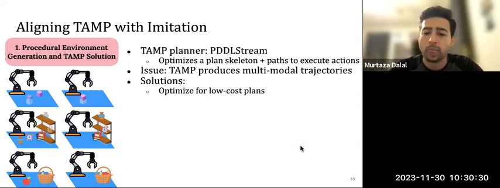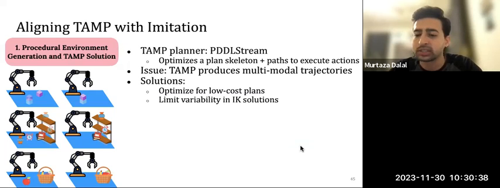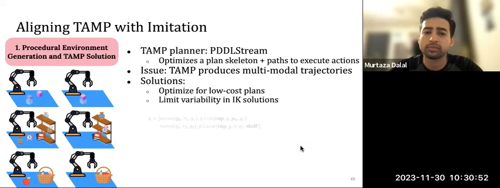Simple solution. We'll also limit the variability in the IK solutions themselves. We'll seed the IK from a specific seed, which is the initial configuration, and we'll optimize for the closest solution within some timeout. And this, again, reduces the multimodality, making it easier for the imitation learning system to fit to the data.